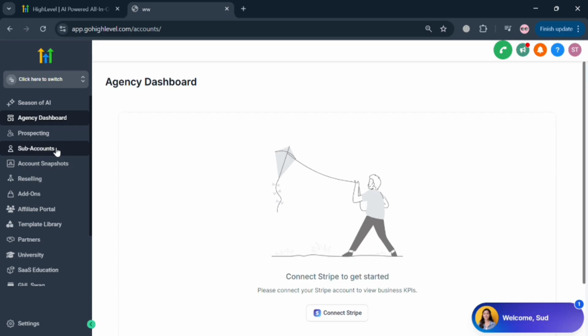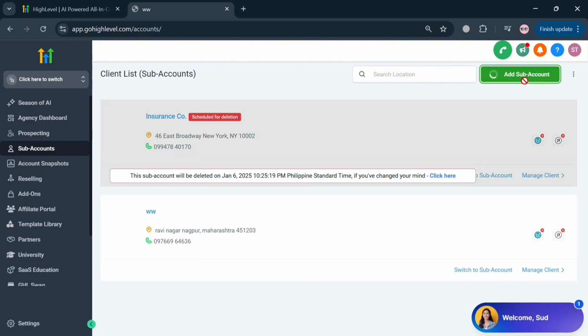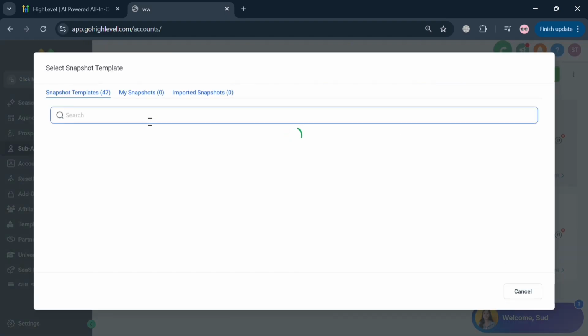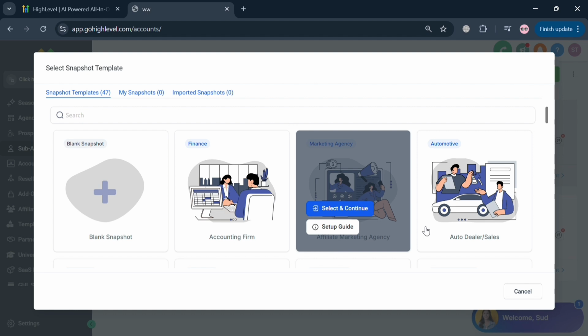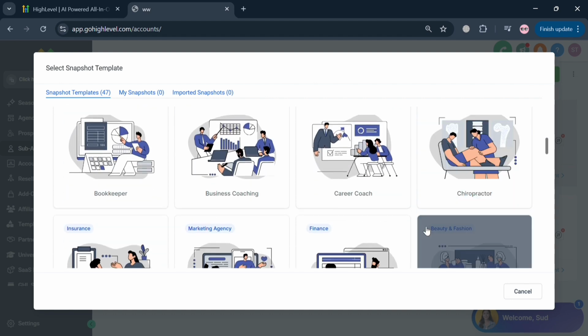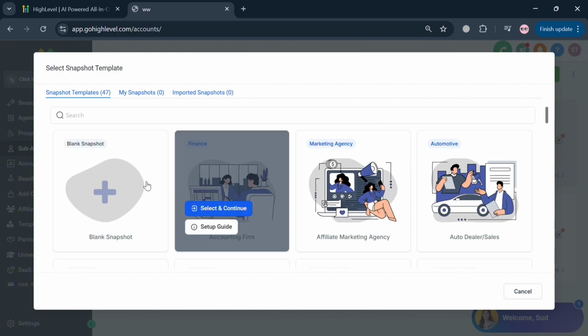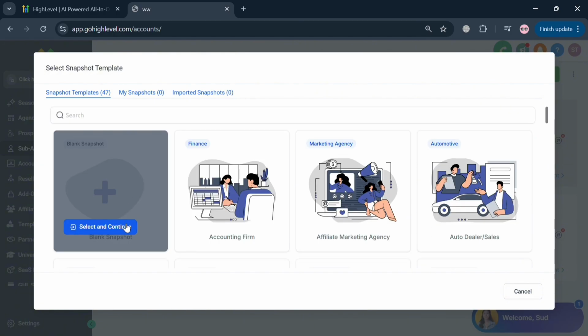But to proceed creating an account for a restaurant, just click the Sub Accounts button and proceed by clicking Add Sub-Account on the top right corner. Upon clicking on it, the next thing you need to do is choose your snapshot templates, in which it will show us a variety of templates to choose from. But since we're creating for restaurants and there is no restaurant here, I'm going to click this blank snapshot